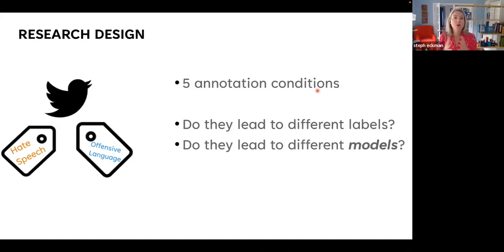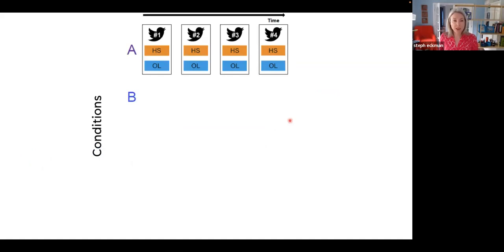And so we want to see if those kinds of effects also occur in annotation, because as far as I can tell from reading the literature, and the rest of us in this research group, nobody in the machine learning field is thinking or wondering or worrying about this at all, right? So there's a lot of research to be done here, and that's the kind of stuff we're trying to do. So let's look at these 5 annotation conditions in a little more detail.